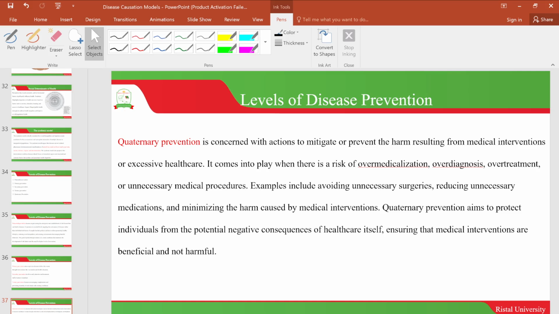So that marks the end of this presentation. The takeaway message is that diseases are caused by multiple factors, and these factors have different ways in which they interact. As public health people, when we look at diseases occurring in populations, we should look at the different factors that can contribute or that are contributing to this disease occurrence. And that is when we can be able to design interventions that are appropriate to